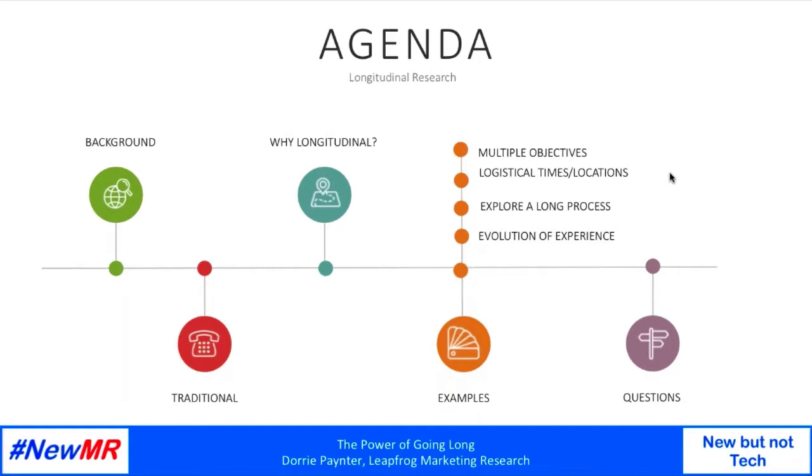So today I'm going to talk about the limitations of traditional qualitative and why you should think about going long. And then I'm going to provide you some examples that I hope will inspire you to think of some new qualitative research goals that might benefit from a more longitudinal